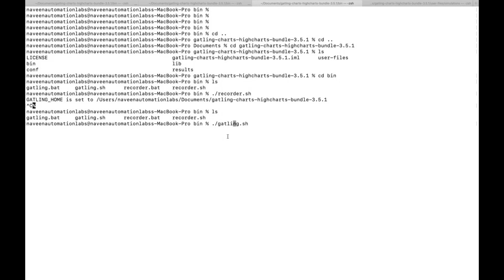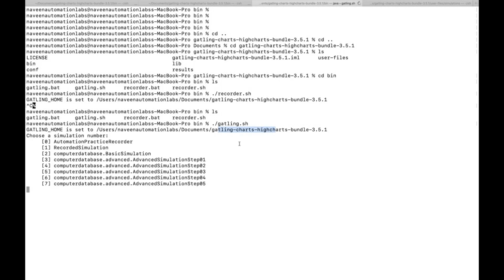Okay, let's see. It is saying Gatling home is set to this particular directory, and it will try to fetch all the simulators which are available in your script under this particular folder. So let's see how many simulators it is showing.